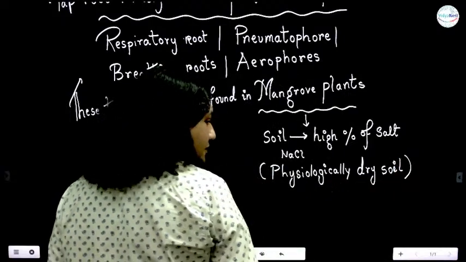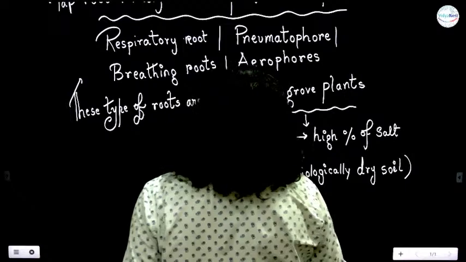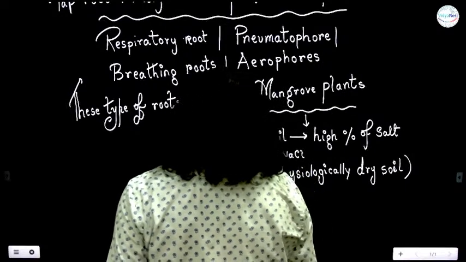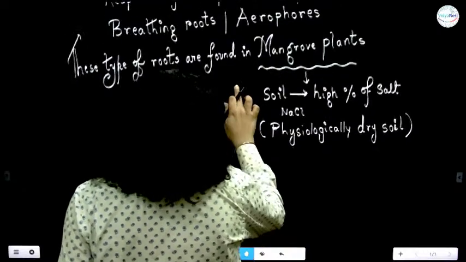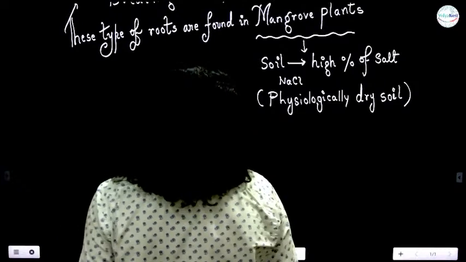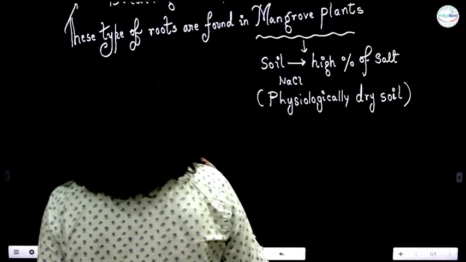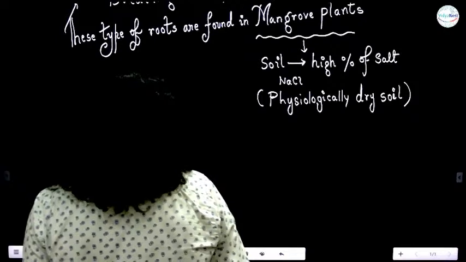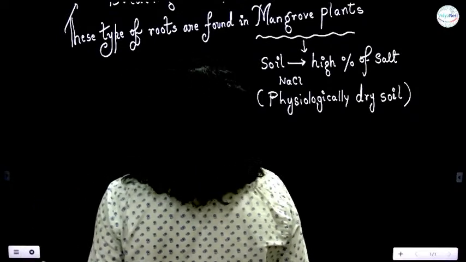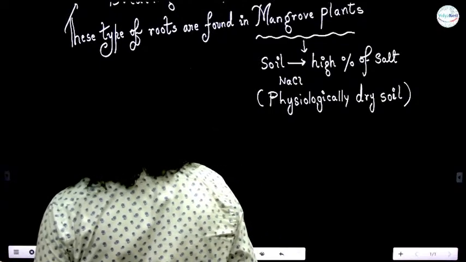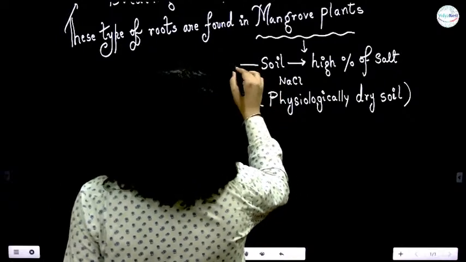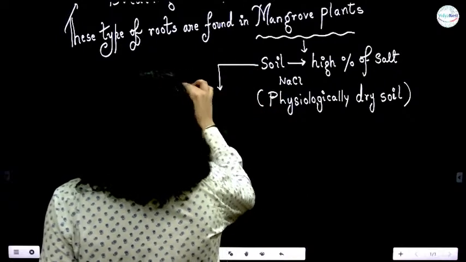These are known as physiologically dry soil. Moreover, since these contain a high percentage of salt, in order to maintain tonicity, they will also contain a high amount of water. So, mangrove plants grow in marshy areas. This soil also contains a high amount of water,